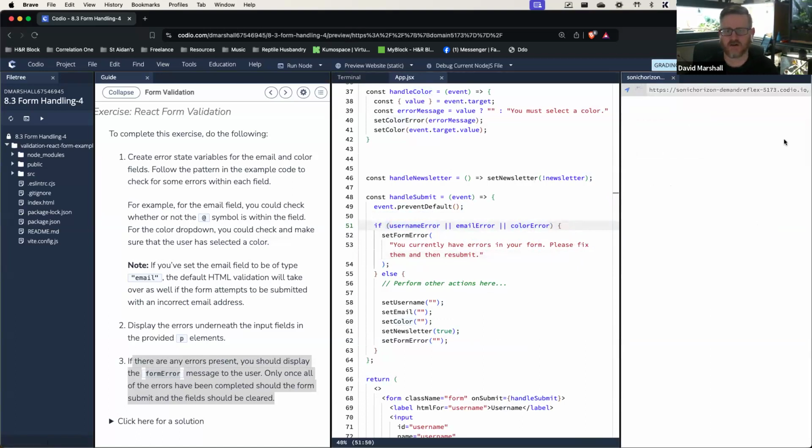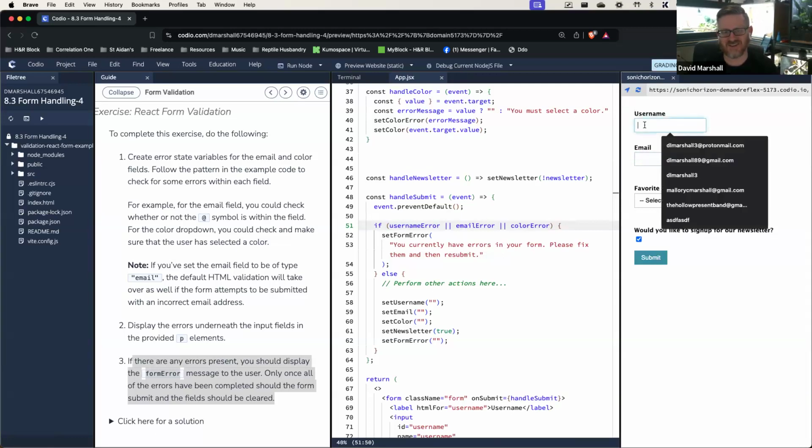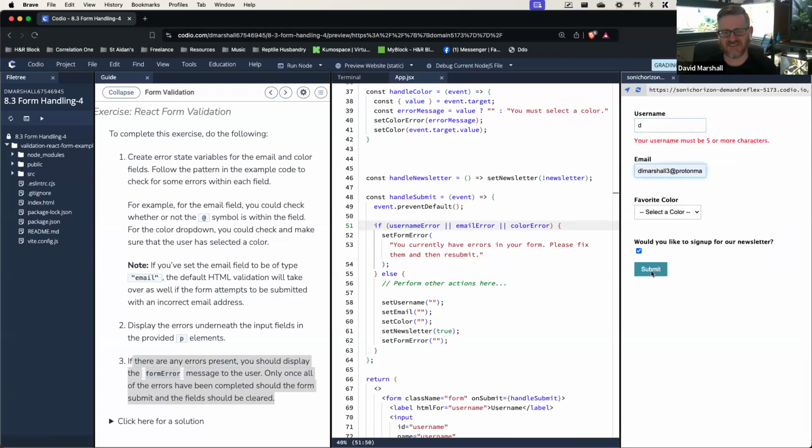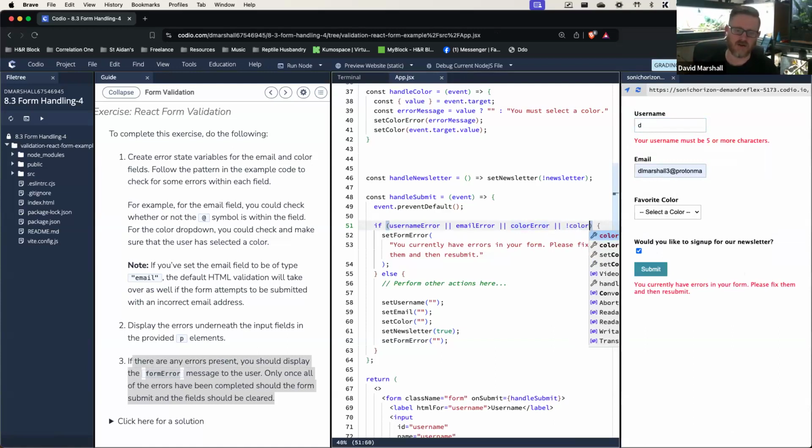Let's just say no color error. I do username, email, submit. Let me submit, right? Ooh, that's not great. So again, that's where you have to think through like if we do no color,